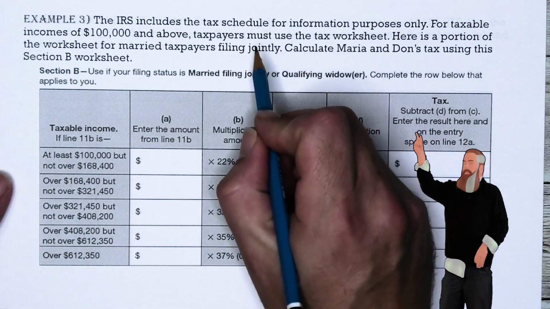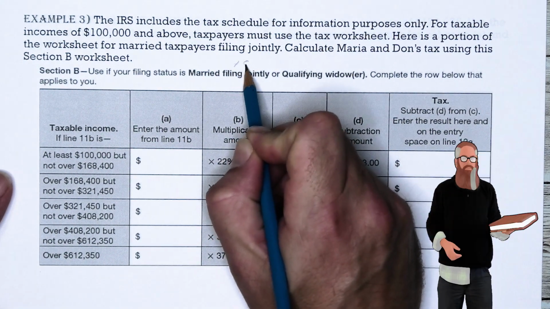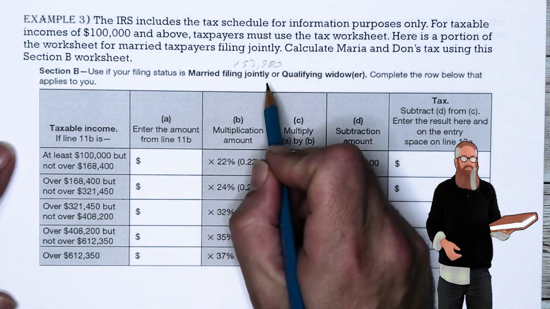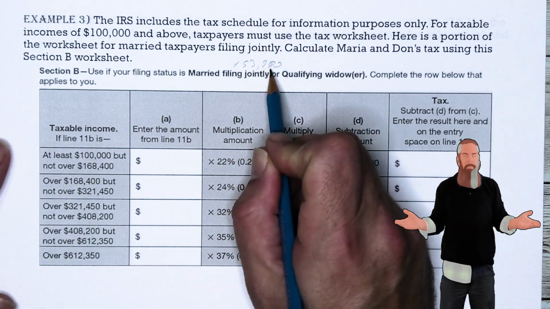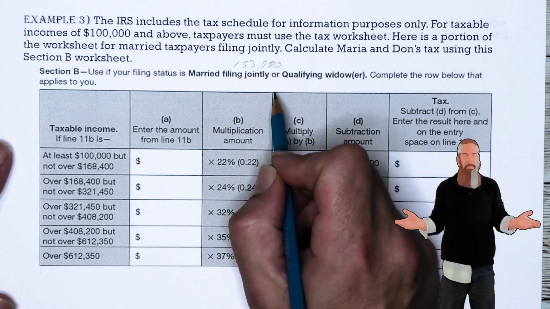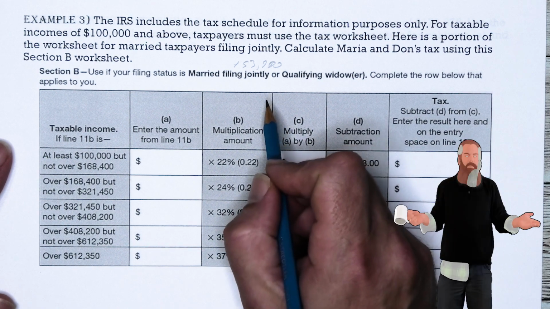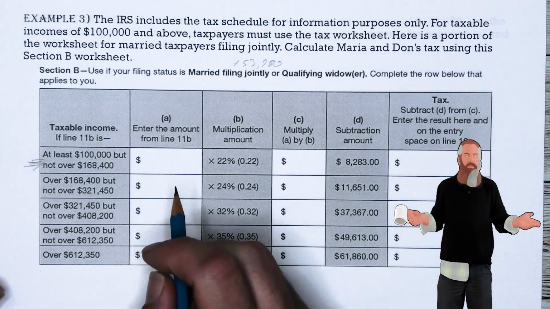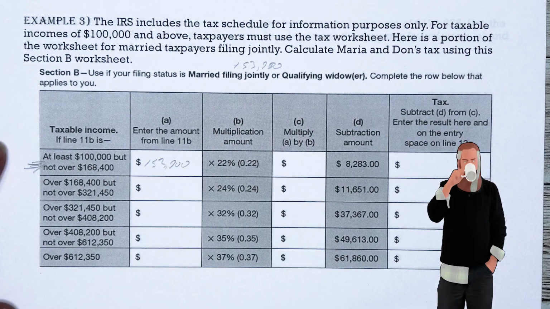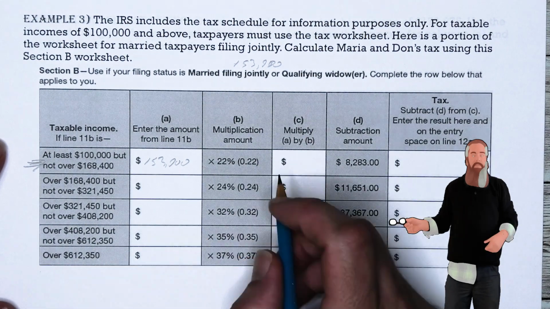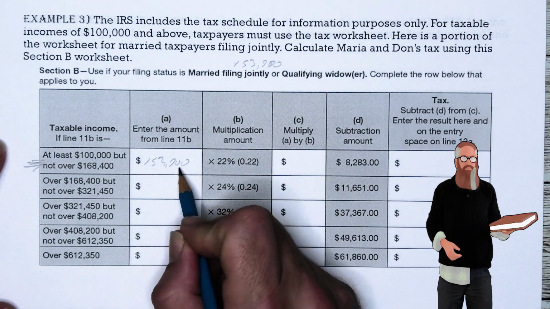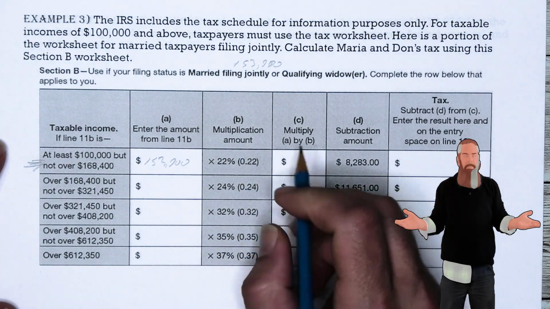The thing to remember is that Maria and Don in example 2 had a taxable income of $153,900. Maria and Don's taxable income of $153,900 is at least $100,000, but not over $168,400, as indicated in the first line of the worksheet. To calculate their taxes, they enter the taxable income in that line of the column. Column B asks them to take 22% of their income, and this is multiplying their income of $153,900 by 0.22